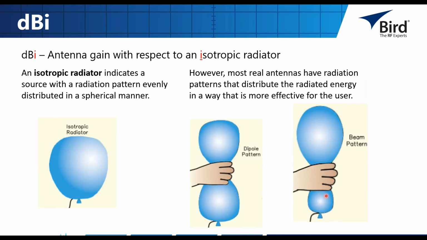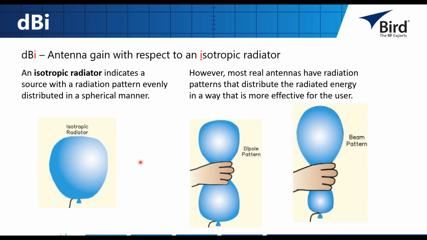And then earlier, I also mentioned dBi. So this is antenna gain with respect to an isotropic radiator. A great way to think of an isotropic radiator is like a balloon. If we were to have a radiation pattern that spreads evenly, almost like a perfect sphere, so it's spreading out evenly in all directions, that's a nice way to base some of our measurements, but really our real world antennas are going to be anything but a perfect radiation pattern,